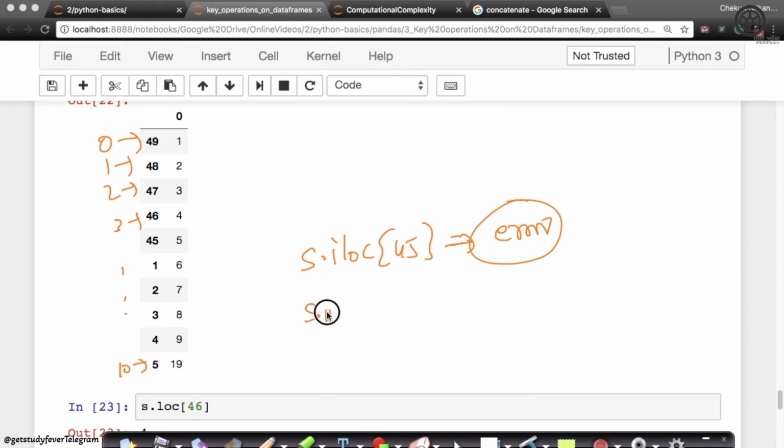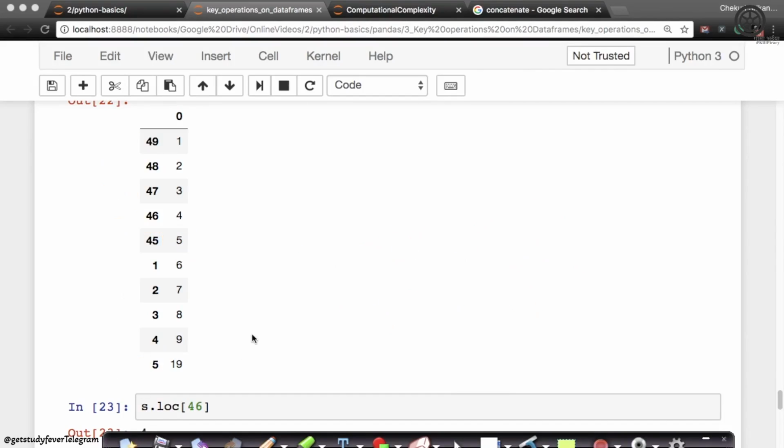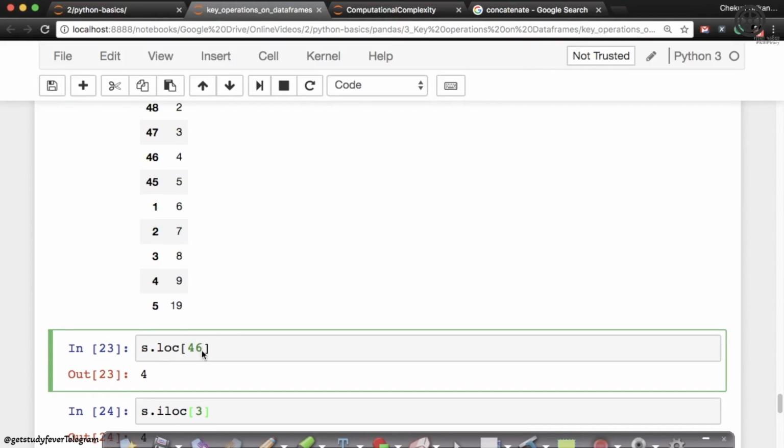But if I say s.loc 45, now it looks at the indices and says, oh, there is a 45 index here. The corresponding value is 5, so this will return 5. So that's the difference between iloc and loc. There is one more difference. Now if I say s.loc, I want to get all of the rows till index 2.